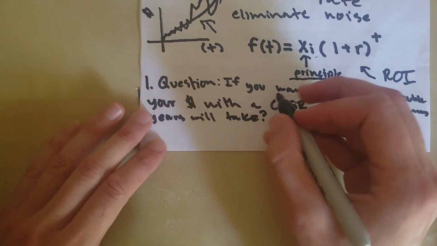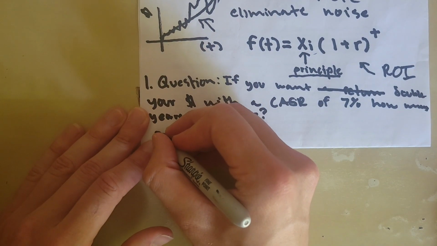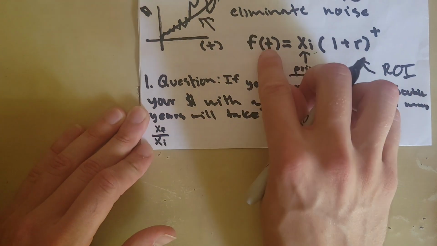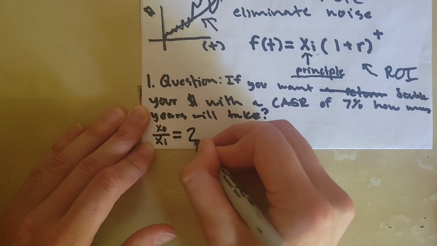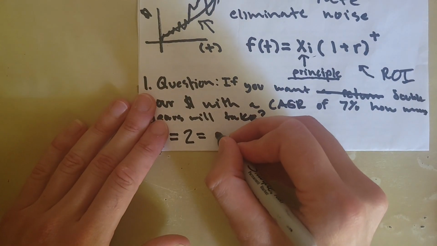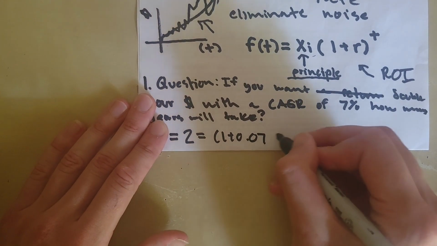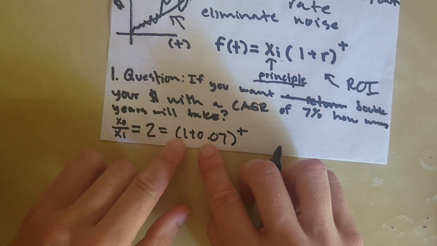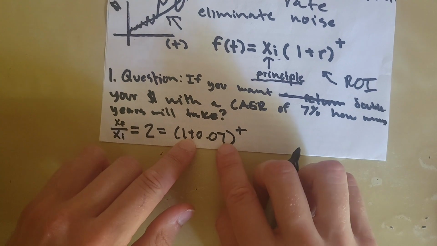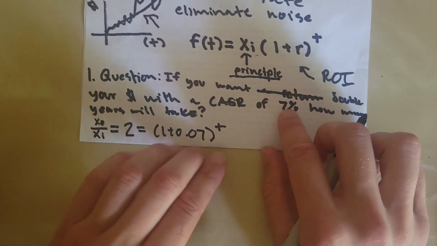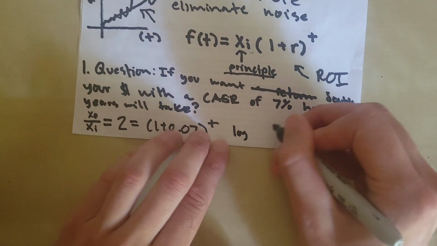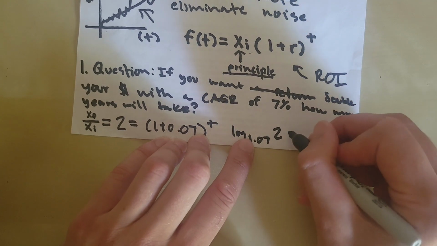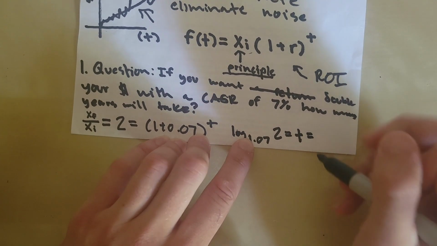So it's going to look like this. You're going to have x final divided by x initial. And x final is just f of t, which is going to be a ratio of 2, which equals 1 plus 0.07 raised to the power of t. And then what you're going to have to do is take log base 1.07 of each side to get rid of the exponent. So we do that, log base 1.07 of 2, which equals t, which should equal,